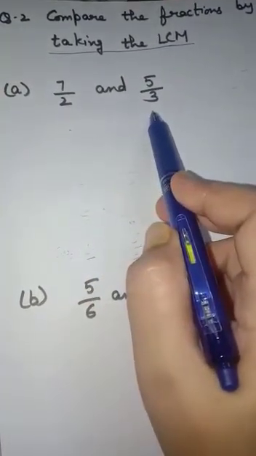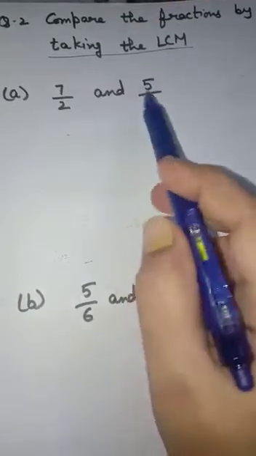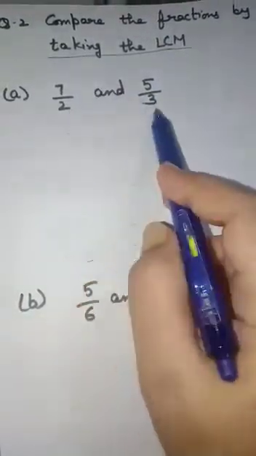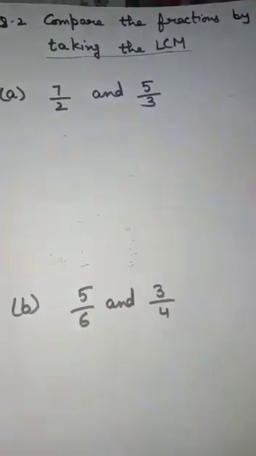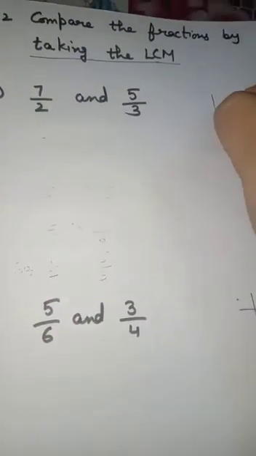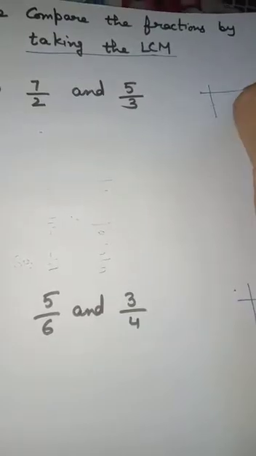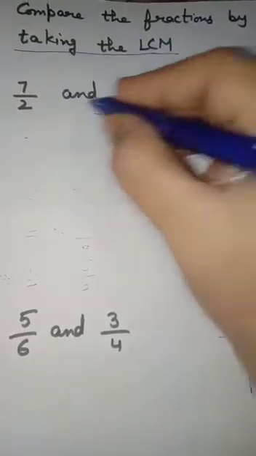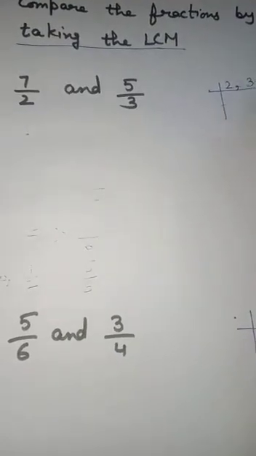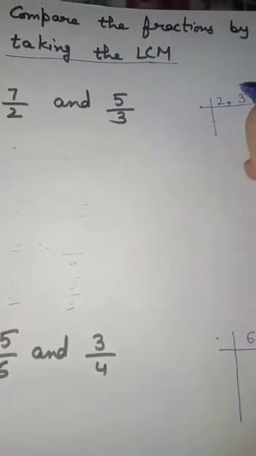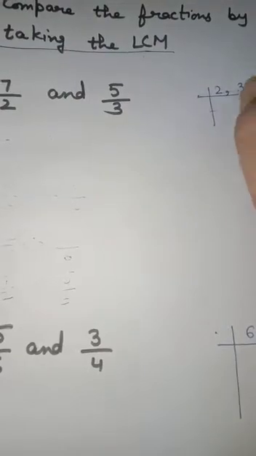In our unit 3, we have learnt different methods to find the LCM, but those methods were very long. So now here I am going to introduce a new method to find the LCM, a shortcut method in which we take these two denominators collectively, as we did in the prime factorization method.